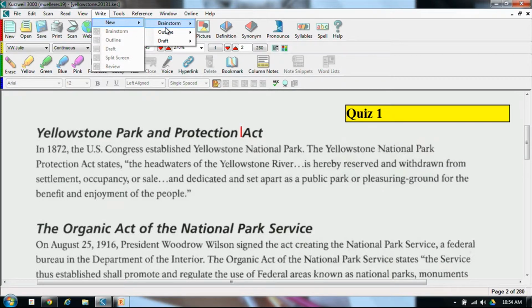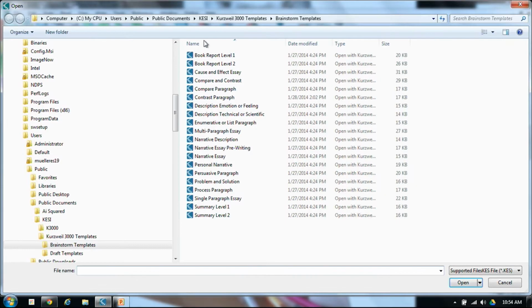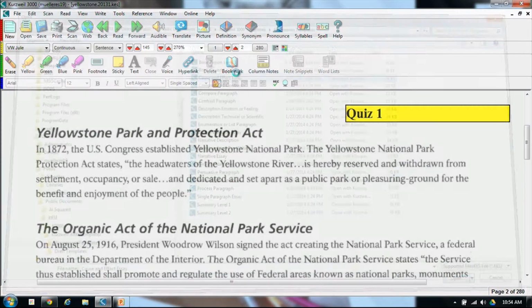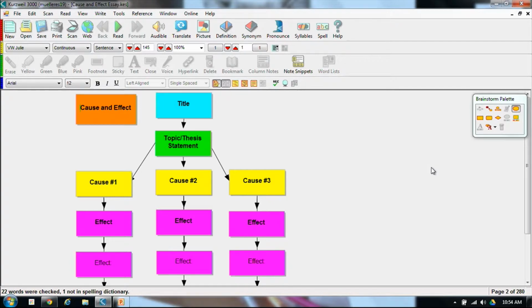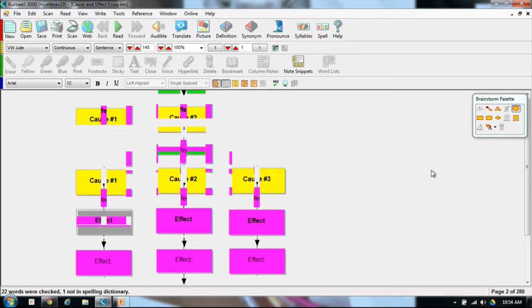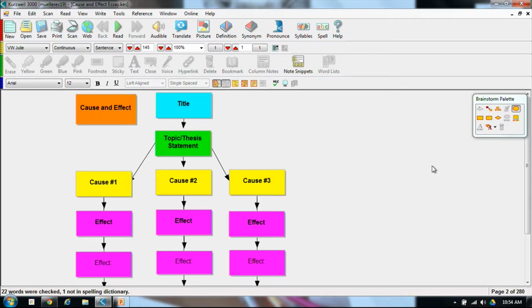I just wanted to quickly show you the writing tools I was talking about. This is where in K-12 they use a lot of this on smartboards to teach students the writing process and whatnot. But within here, there's a brainstorm feature, and they have all these different templates. So let's say I was writing a cause and effect essay or something. This will open up a really nice visual representation of a typical paper. This is all customizable.